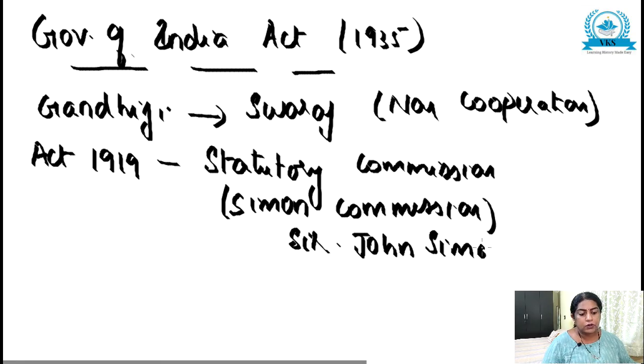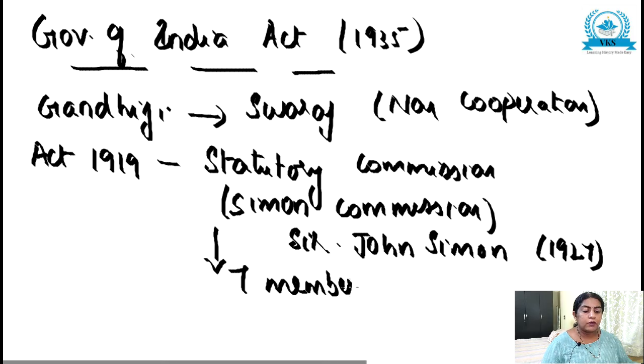The commission was appointed in 1927 to inquire into the report of the 1919 Act. Even though there was so much agitation and protest in India against this commission, the commission visited India. It was headed by Sir John Simon, and it consisted of